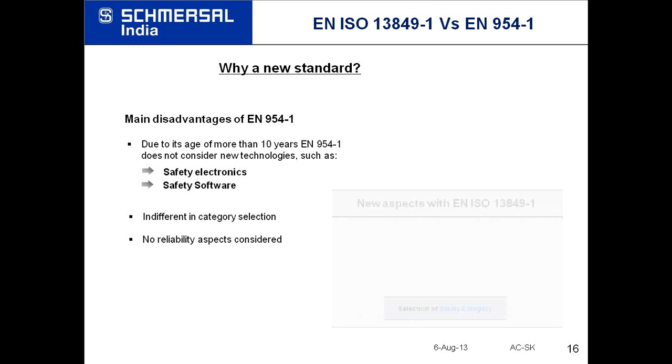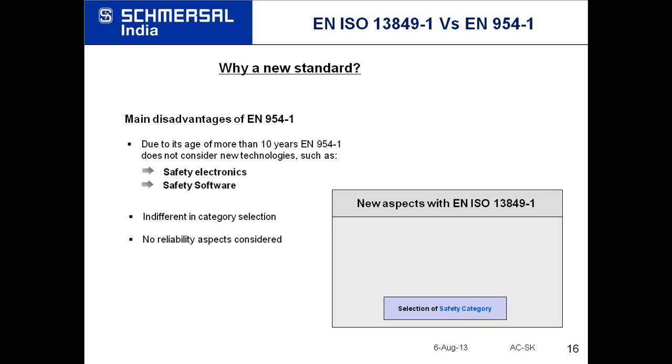Okay. So what are the new aspects of this control system as far as safety is concerned? In the old system, we already had selection of safety categories. You can consider safety category as a safety level. Okay. And this was more related to how you design your circuit. Okay. But in the new standard, we have 3 more additional parameters. I again repeat, 3 more additional parameters. So the earlier parameter also remains relevant today.